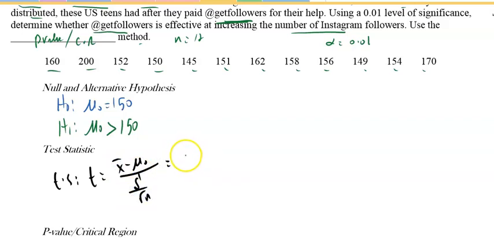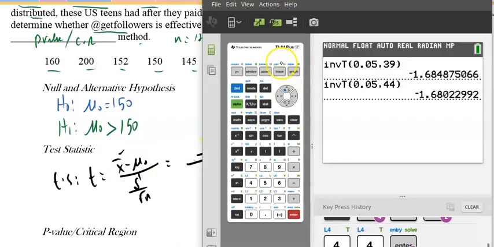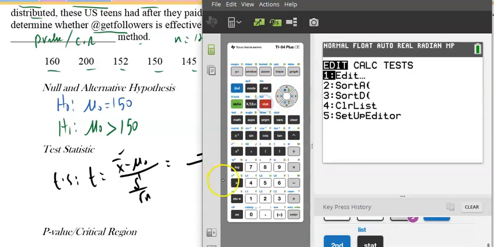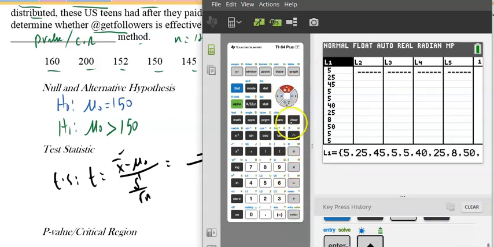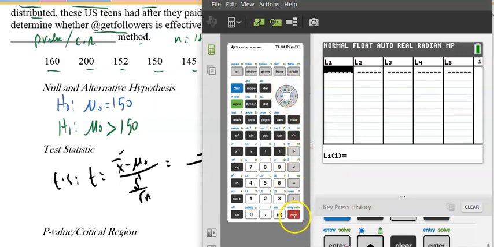Well, we have a problem. I don't know what that is. I know this is 150 and I know this is the square root of 12. I need to know what this is. Well, I'm going to use lists, if you recall. We're going to use stat, right? Edit, and list 1. We're going to clear all of it. There you go. And we're going to input 160,